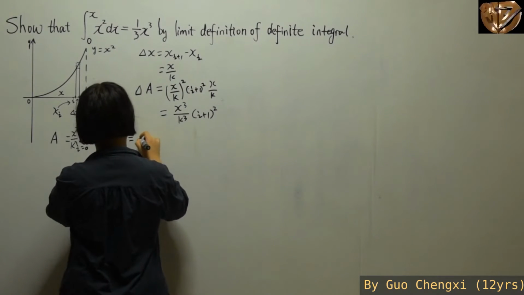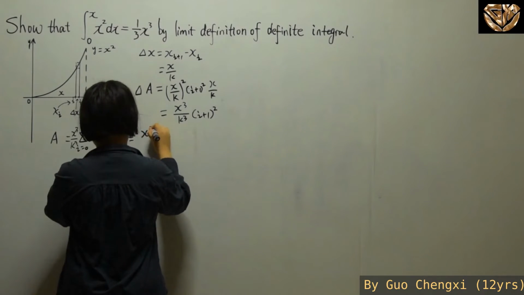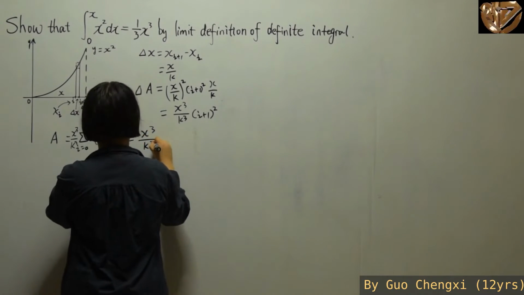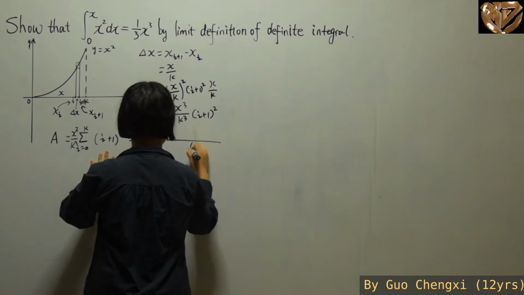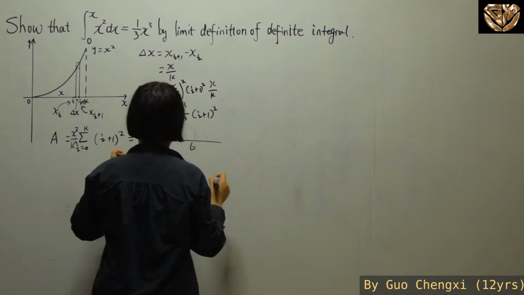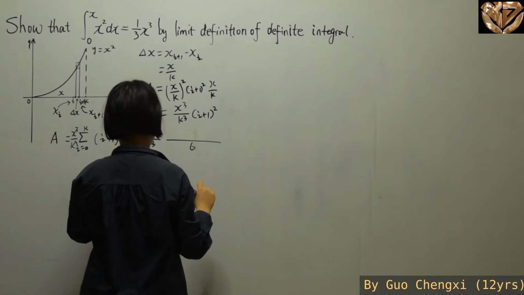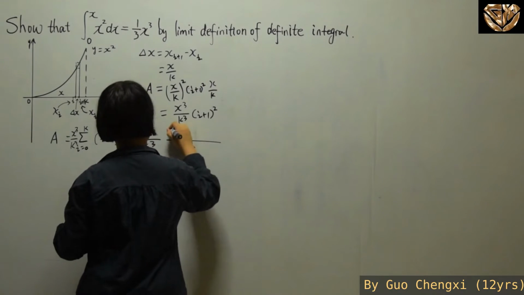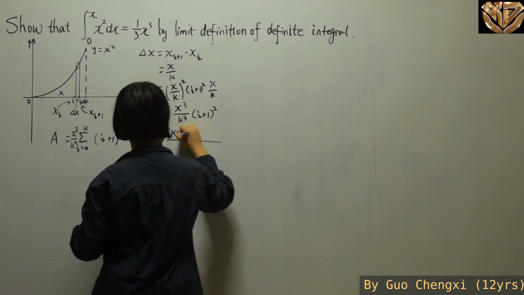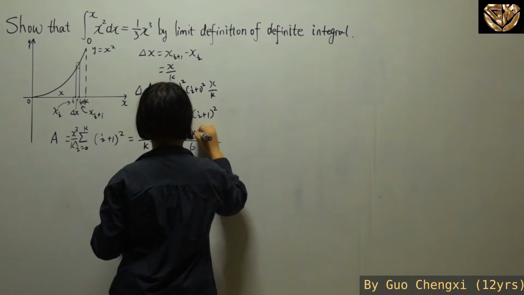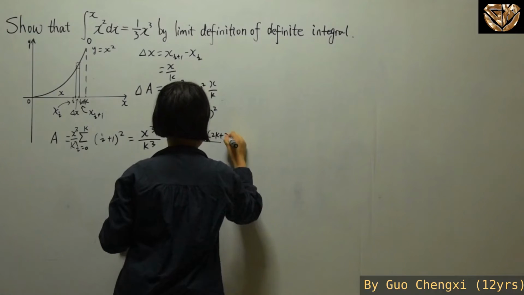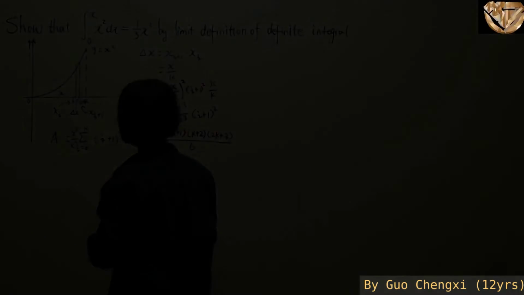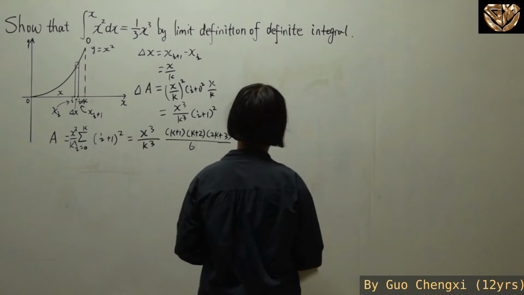we are going to have x cubed over k cubed. And then here you have our over 6, and then we'll have the n times n plus 1 times 2n plus 1, which in this case will be k plus 1 times k plus 2 times 2k plus 3. Okay, so over here for this part,